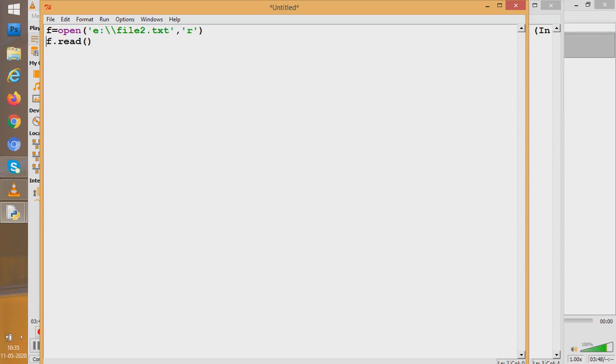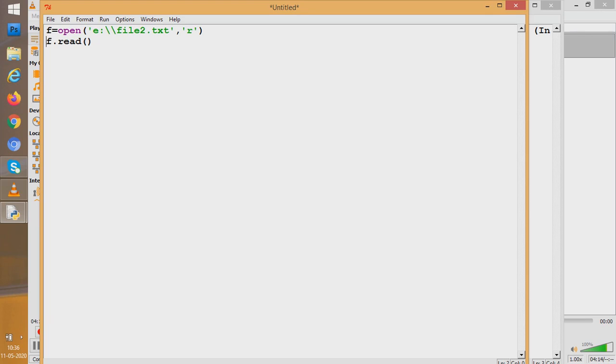So Python has sent the file object f. And what do we call f? We'll say it is our servant. Don't say this word to outsiders. When an outsider asks what f is, you'll have to answer technically. You'll have to say file object. So f is a file object. Using f, you have opened the file. So when you read something using f, it is actually going to help us read the file file2.txt.